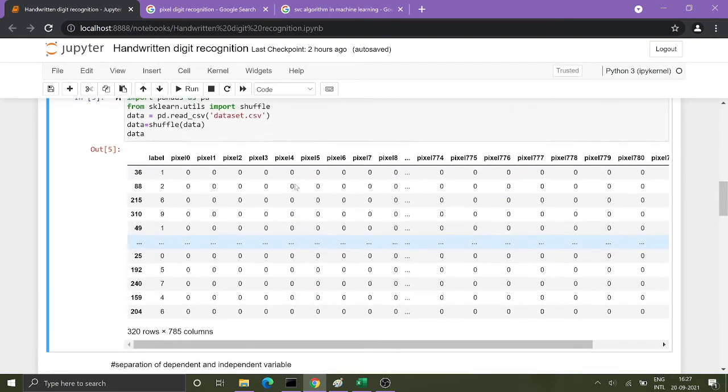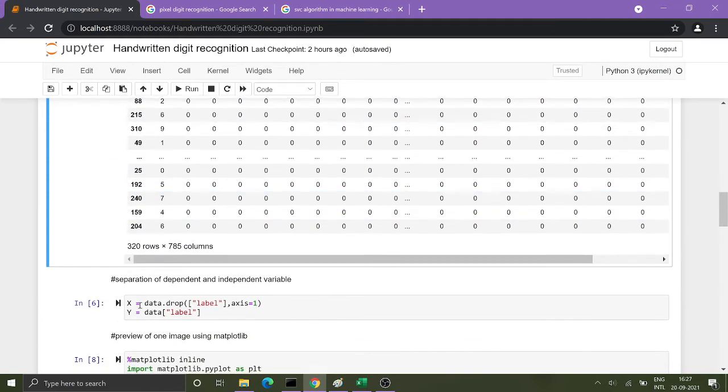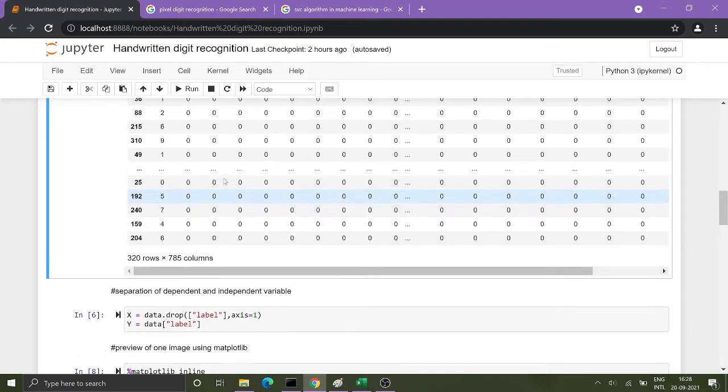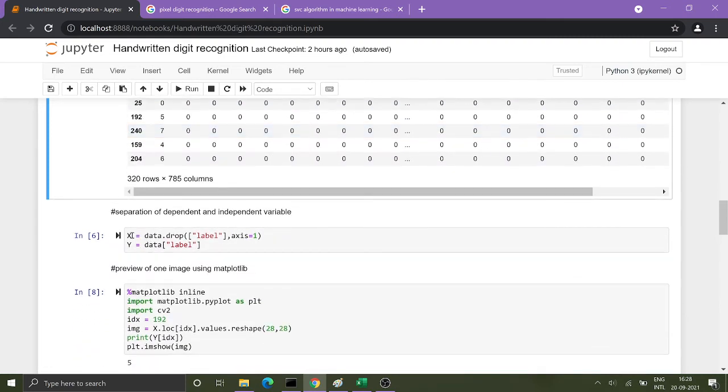Your label will be dependent on the pixel values. So we make the label column separate and store it in a different variable. In x we have stored all the columns except the label column, and in y only the label column is stored.